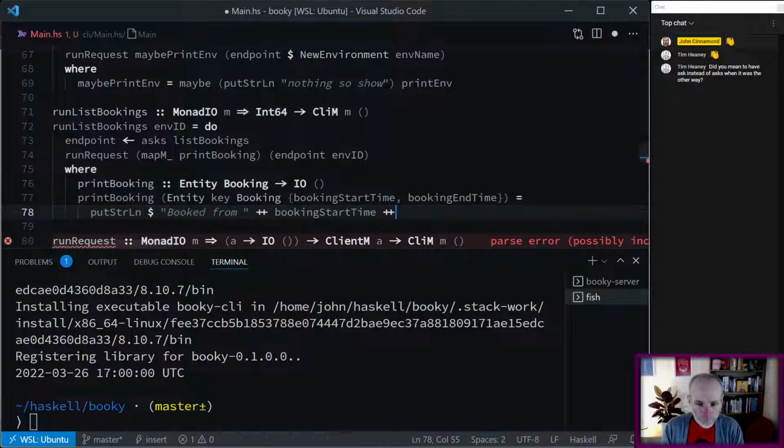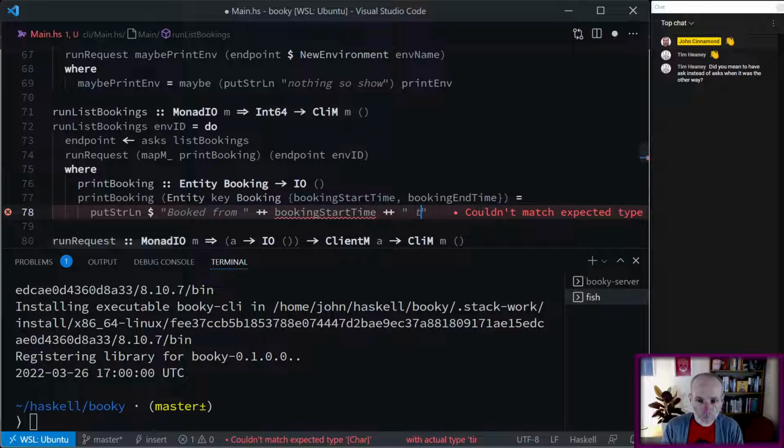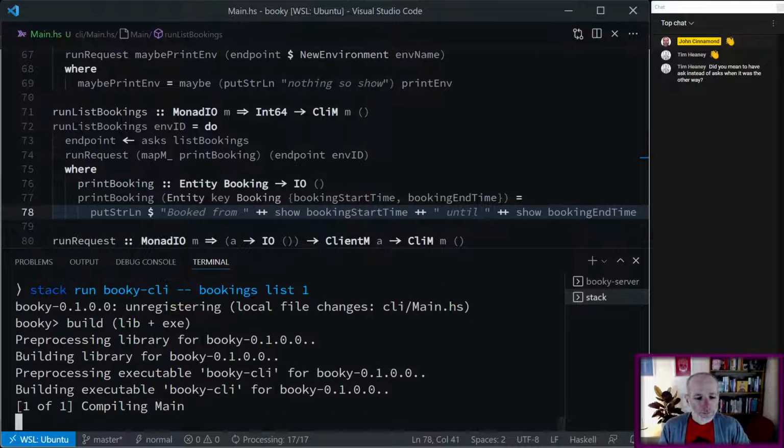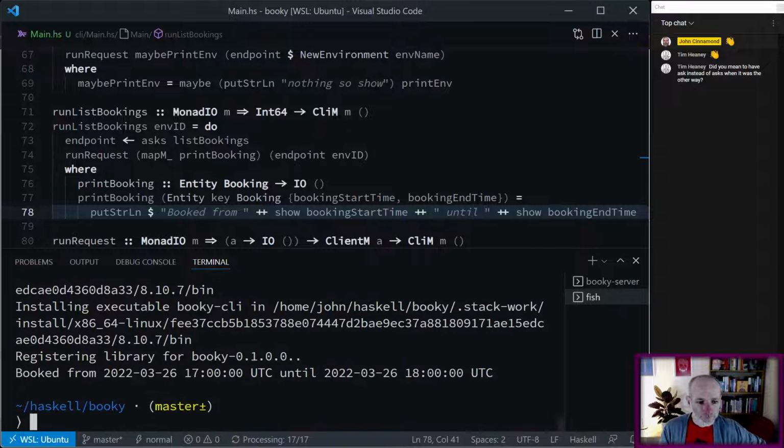I need to show that until booking end time. Okay, try it again. Okay, cool-ish. Right, I'm going to stop there because we're running over a little bit,